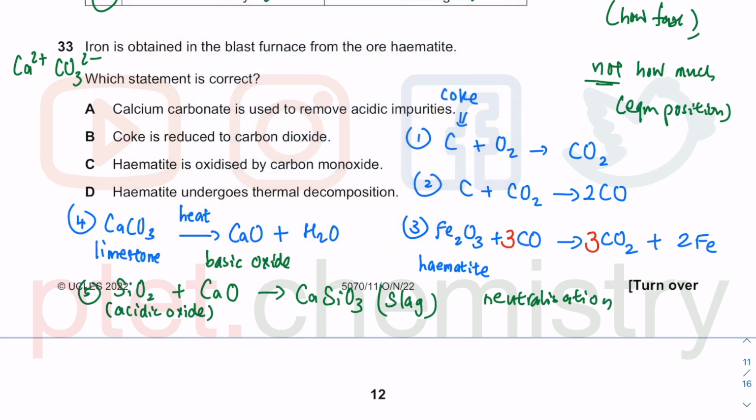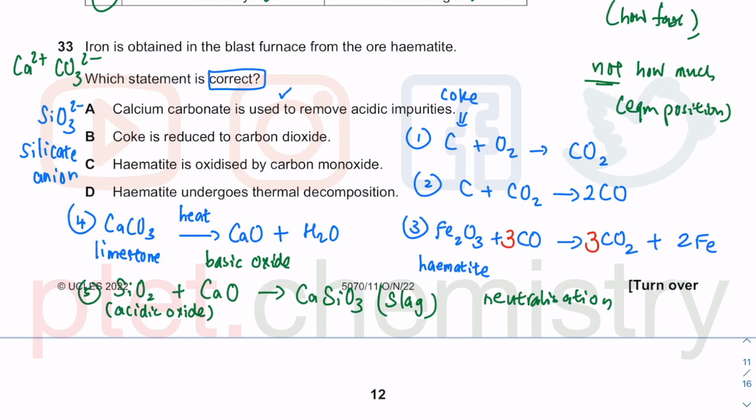Silicon is just below carbon, so this is called a silicate anion. It's going to have the same charge as the carbonate ion. Calcium carbonate is used to remove acidic impurities. But the calcium carbonate doesn't react directly with the acidic impurities. Instead, what we can say is calcium carbonate forms the calcium oxide first, and only then reacts with the acidic oxide there. I think A can be accepted, but let me just go through the other options as they are looking